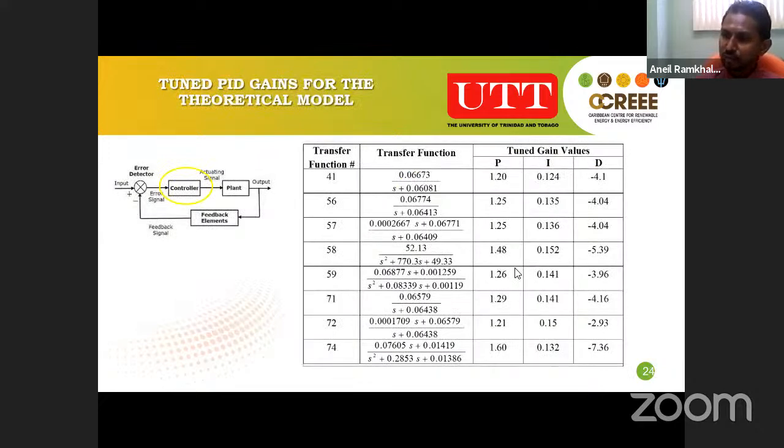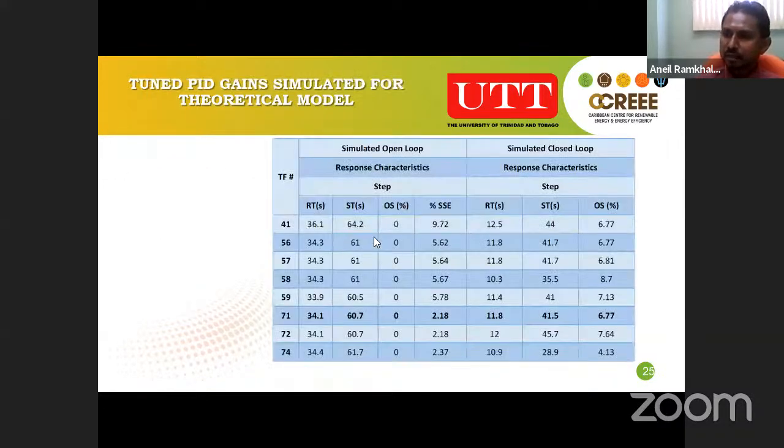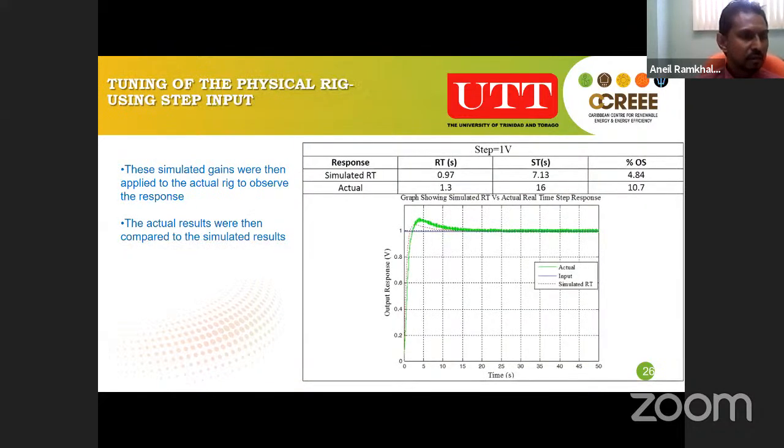Here's just a sample of some of the PID gains that we would have simulated. Following that, we identify the response characteristics, and we chose from this the best characteristics. Meaning our set settling time, our percentage overshoot that we did not want to cross, and our rise time. We then used those PID gains and applied them to the physical rig to see how it